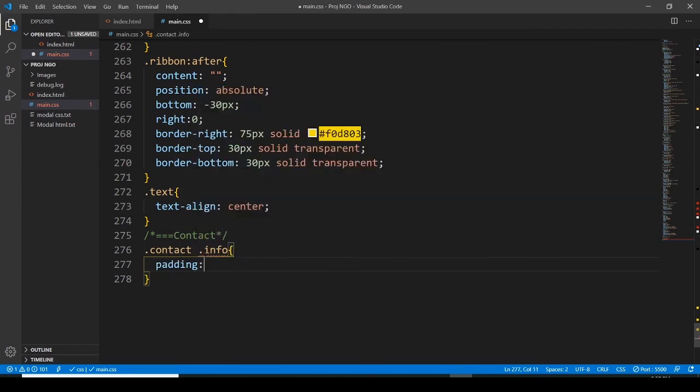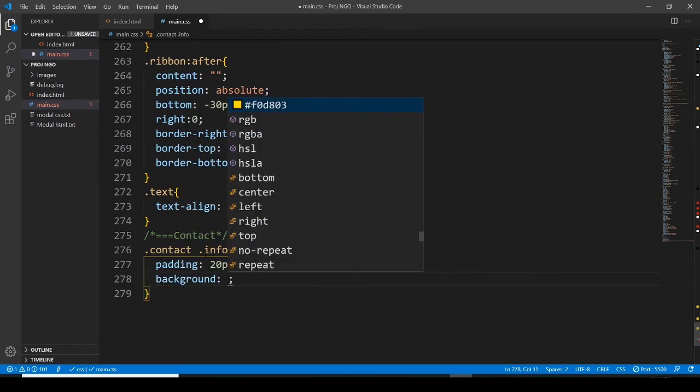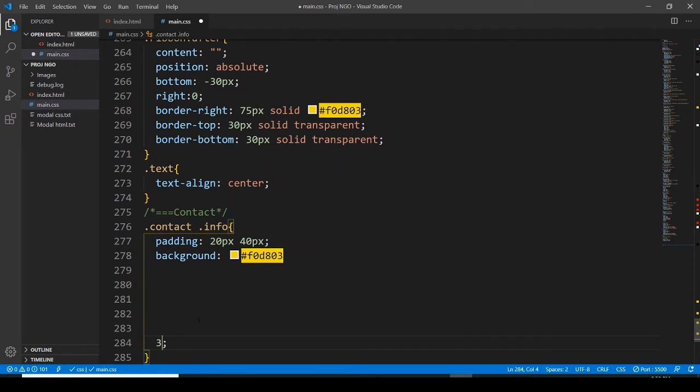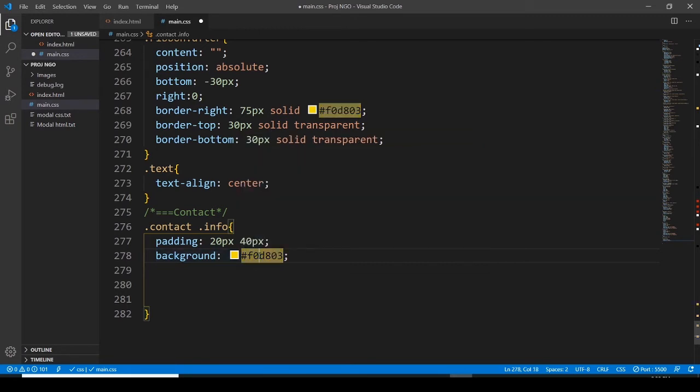Here the padding is 20 pixels, 40 pixels, and then background is, okay, I don't want to go with this background. Let me change. I want to keep it a bit lighter, so let me remove it from here. F7E759,